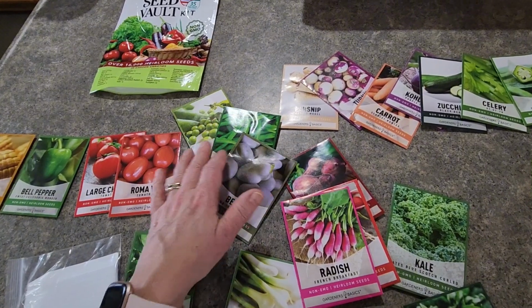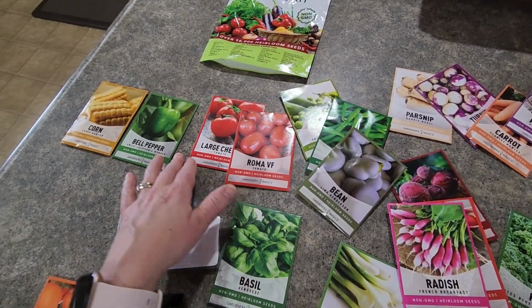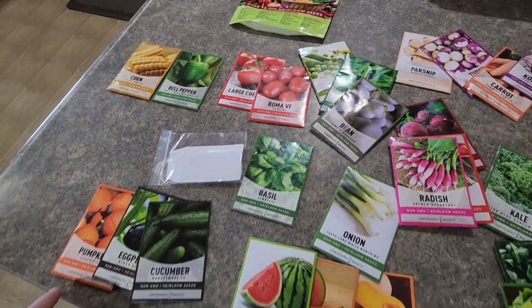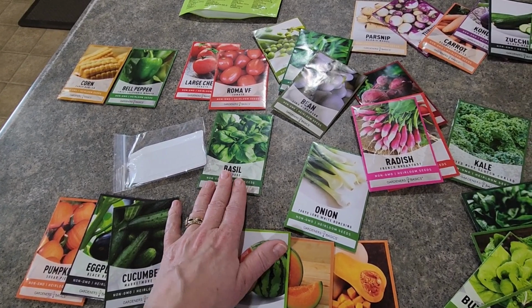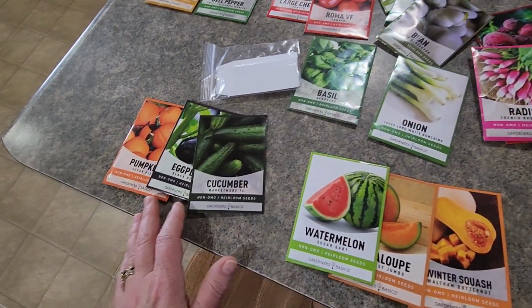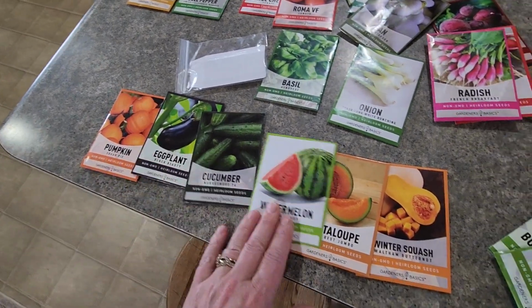I'll do a couple of the peas and the beans. I'm planting quite a bit of the tomatoes and bell peppers. The corn, obviously, we can just kind of throw in anywhere. I have a lot of basil, but I do like growing it in the winter, so I'll definitely be using that. And then here on the farm, we'll go ahead and throw some seeds around of the pumpkins, the watermelons,